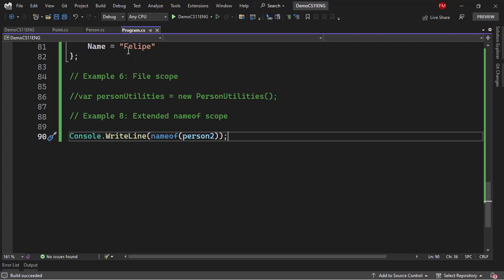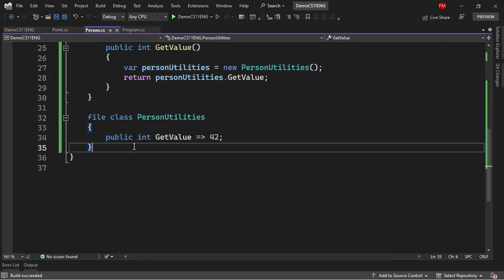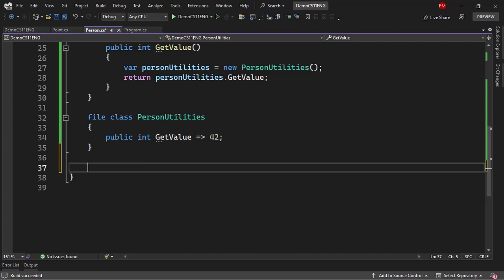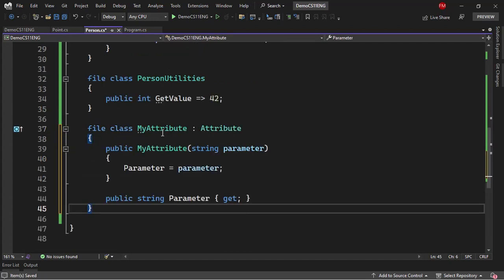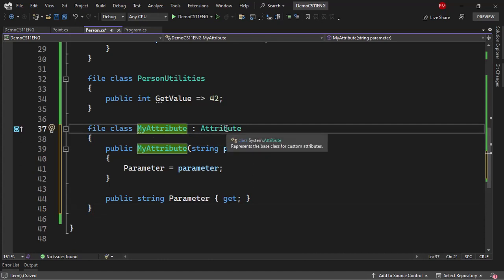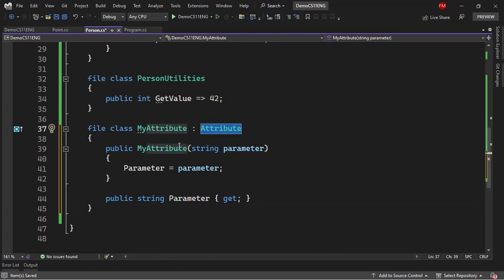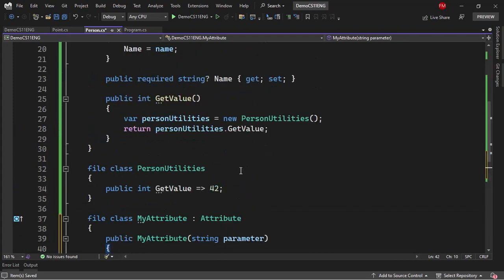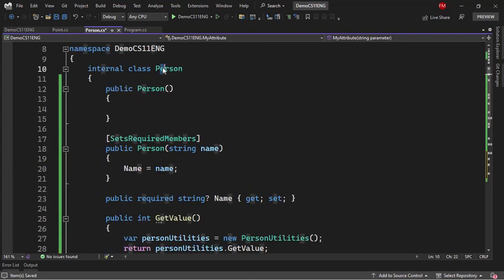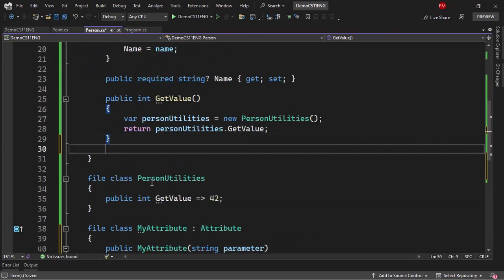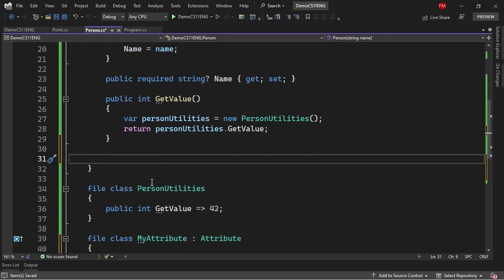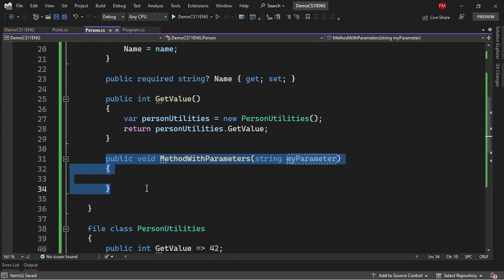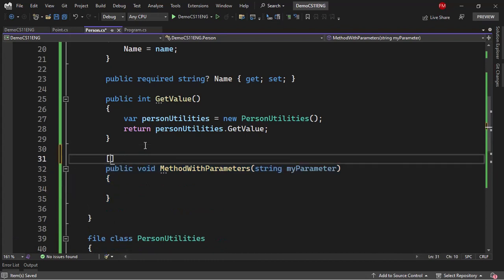Let's see that. Let me make a new class here, which is going to be an attribute, a really simple attribute. Let me paste this. As you can see, we have this simple attribute which inherits from Attribute, and we have this parameter here. Okay, so what's new is that now I can come, for example, to the person class and create a really simple method, as you can see here. And now I use my attribute,